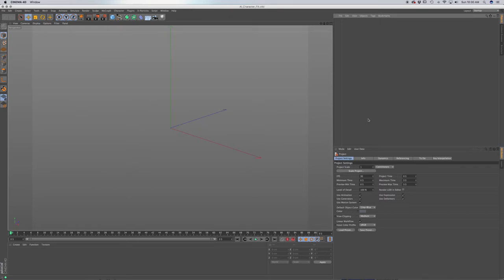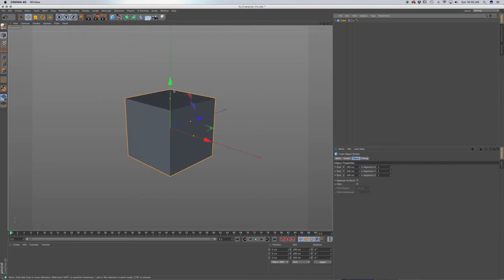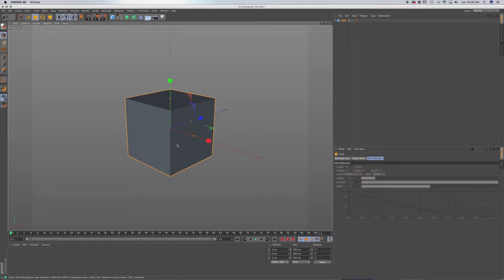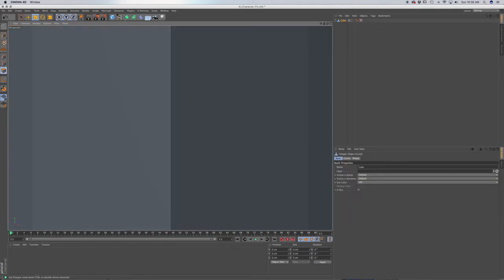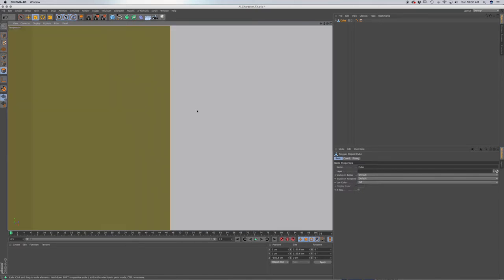So open up Cinema 4D in a new document, and first I'm going to make a cube, and this is going to be the basic floor and walls of our little scene. So I'm going to stretch this out, make it a lot larger, and then make it editable. Go to polygon mode, and I'm just going to delete